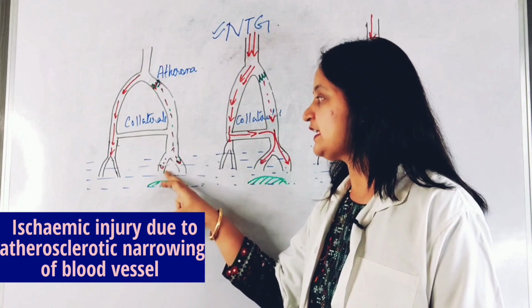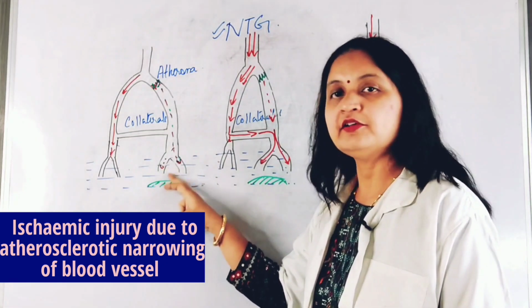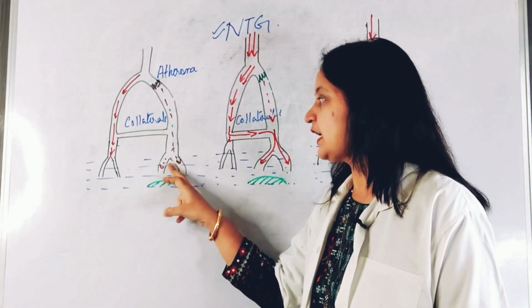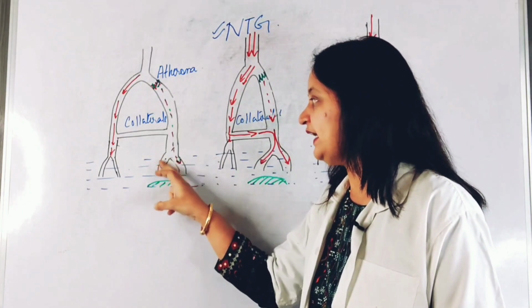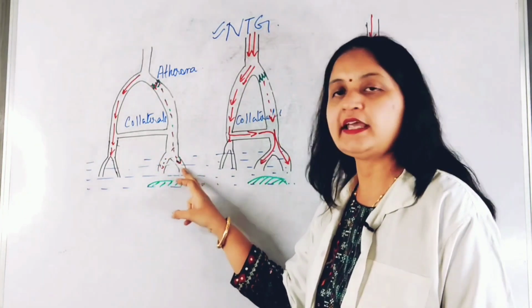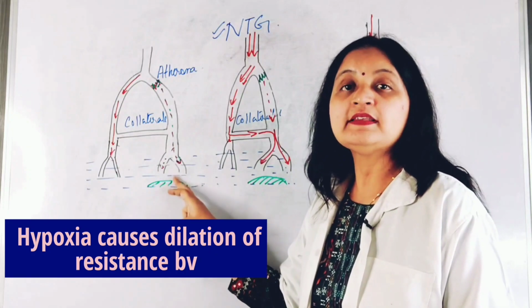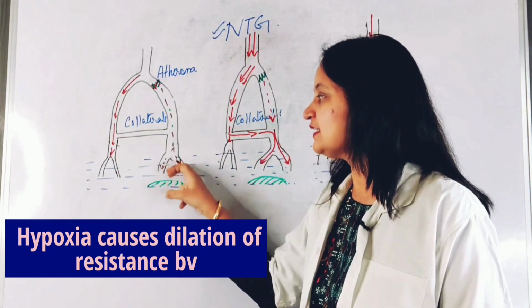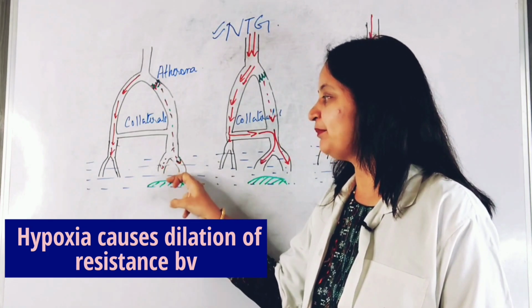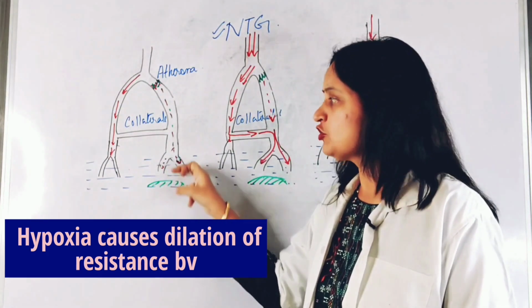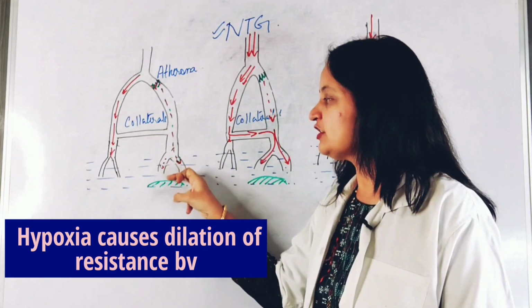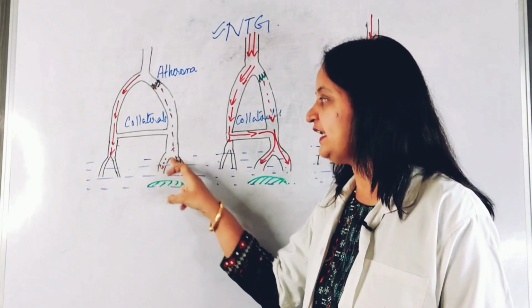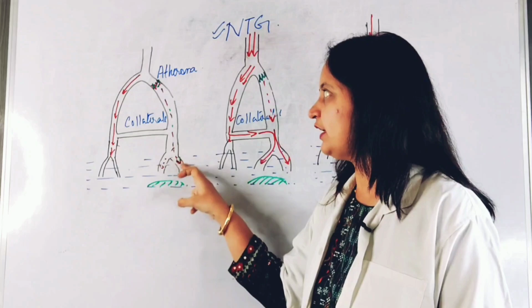Now, because of decreased blood supply to the subendocardial region, there is hypoxia, and hypoxia causes dilatation of the blood vessels in the ischemic region. So this acts as a compensatory mechanism of the heart to maintain the blood supply to the ischemic tissue. So some amount of blood reaches the ischemic tissue because of dilatation of the resistance blood vessels